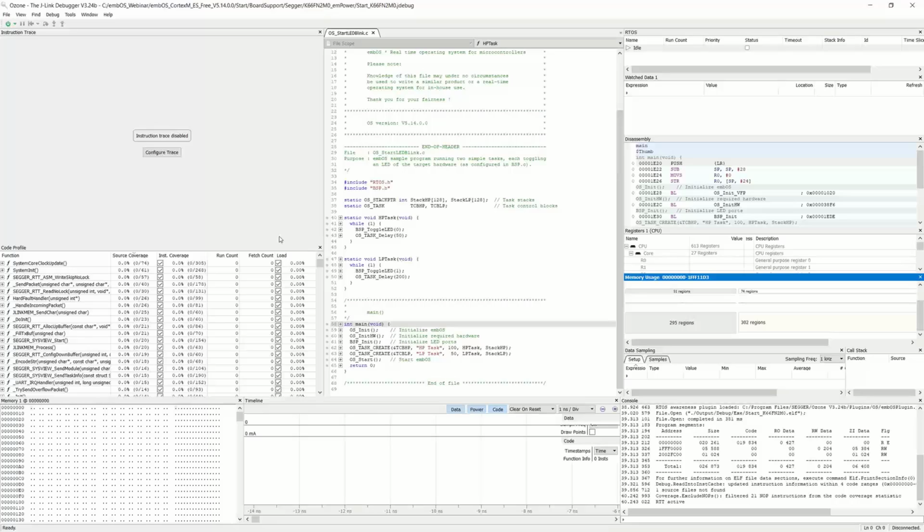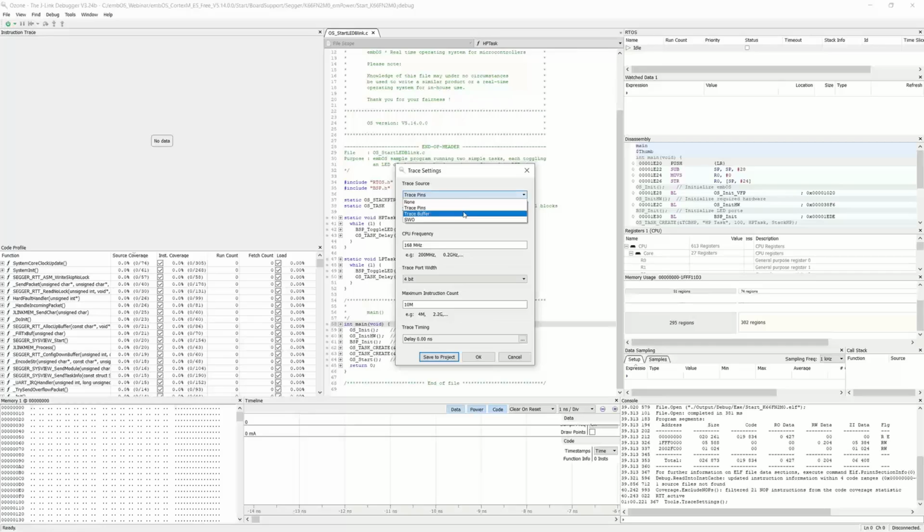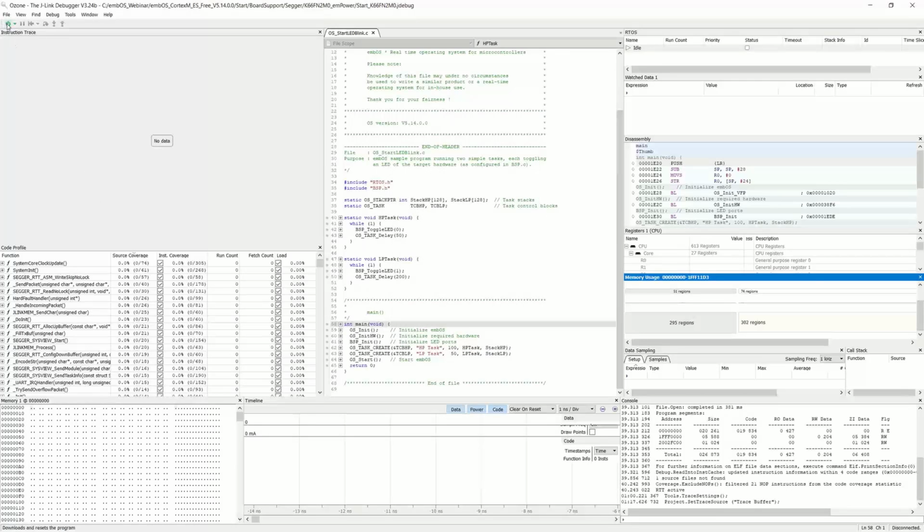And the nice thing about Ozone is if your device, even if you don't have your trace clock and trace data pins hooked up, or maybe your device doesn't even have that, but if it has a trace buffer, then you can use the trace buffer to actually get some useful instruction trace and code profiling and code coverage information out of your target. So if I load this application into